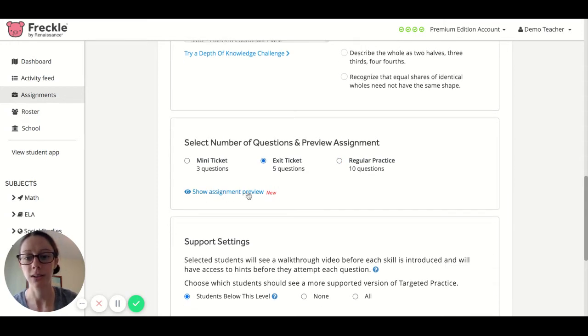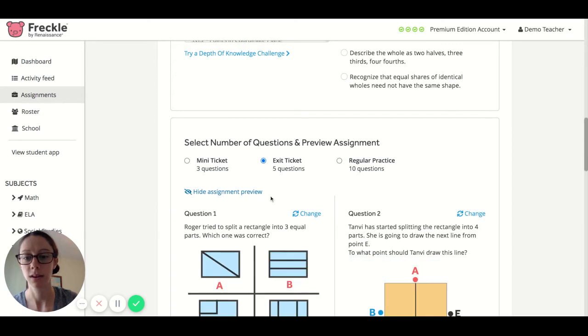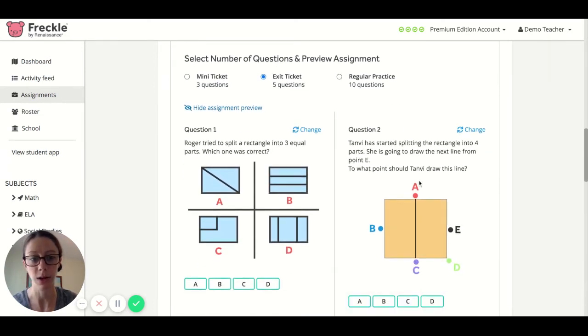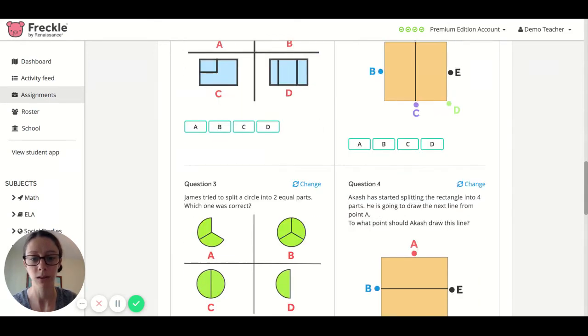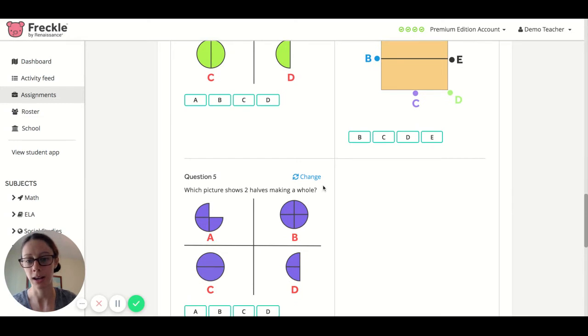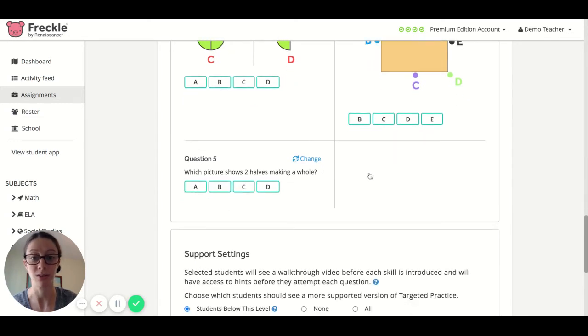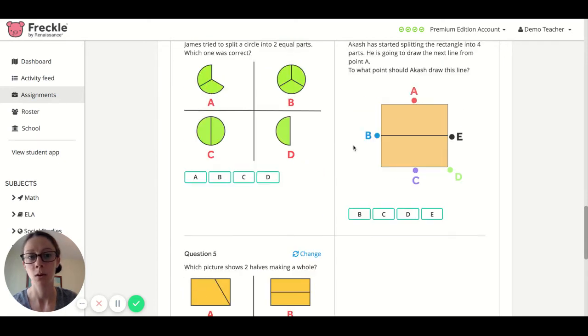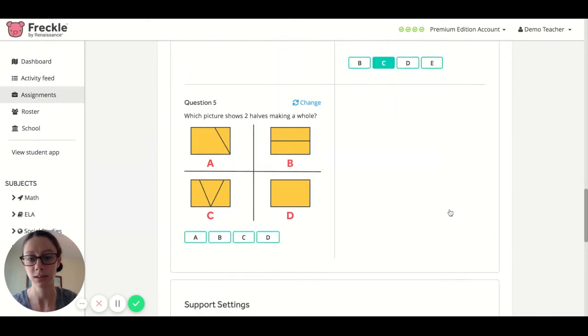If I click this Show Assignment Preview button, I'll see the exact questions that my students will receive in the assignment, so I can preview them all. If there's one question that I'm not a big fan of, I can change that question or any questions by selecting the Change button. Once I'm comfortable with those questions,